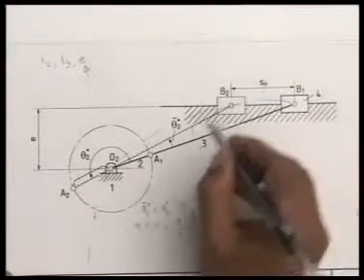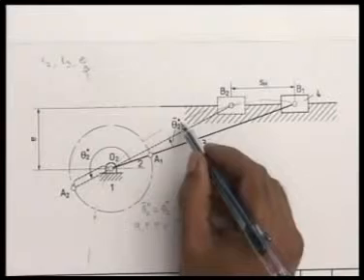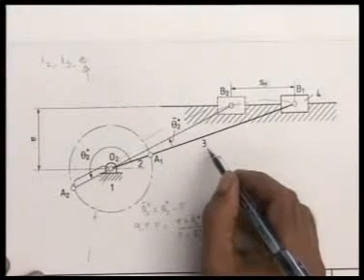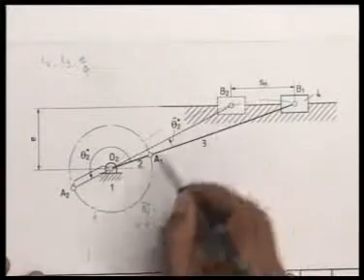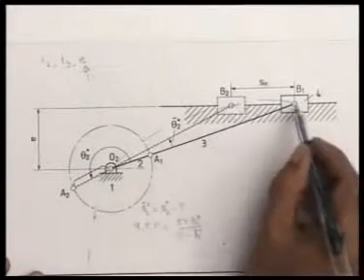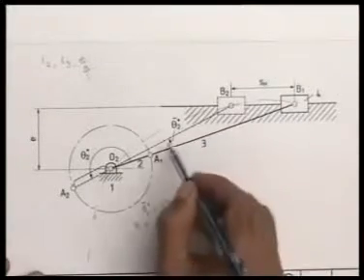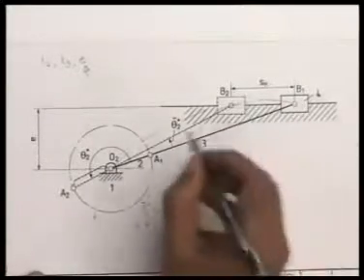SH is given to us, theta 2 star bar is given to us, and one of the link lengths, say L2 or L3, is given to us. So, what we do, we see this triangle O2 B1 B2. In this triangle, if I apply the cosine law, I can write